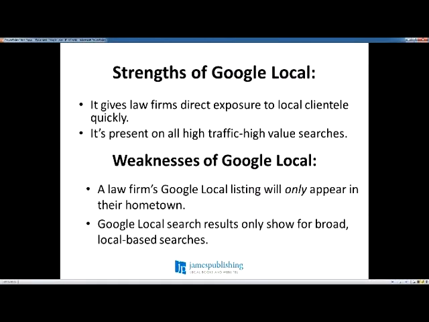So what I want to cover right now is the strengths of Google Local. It gives law firms direct exposure to local clientele quickly. Second, it's present on all high-traffic, high-value searches. Like I spoke about earlier, Google Local is going to show for the broad search terms, such as